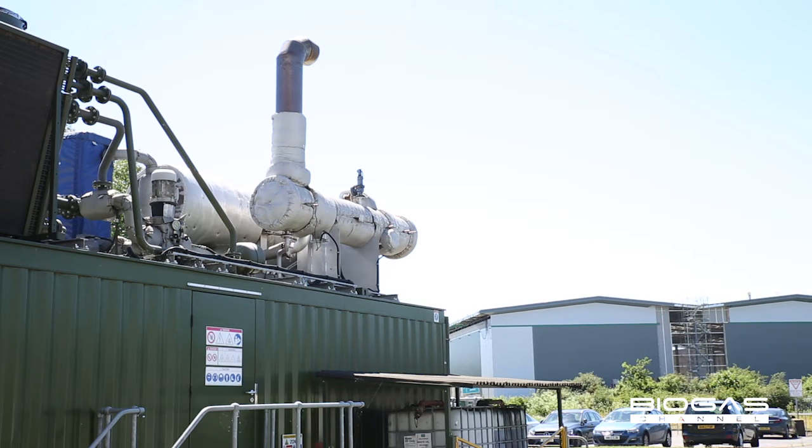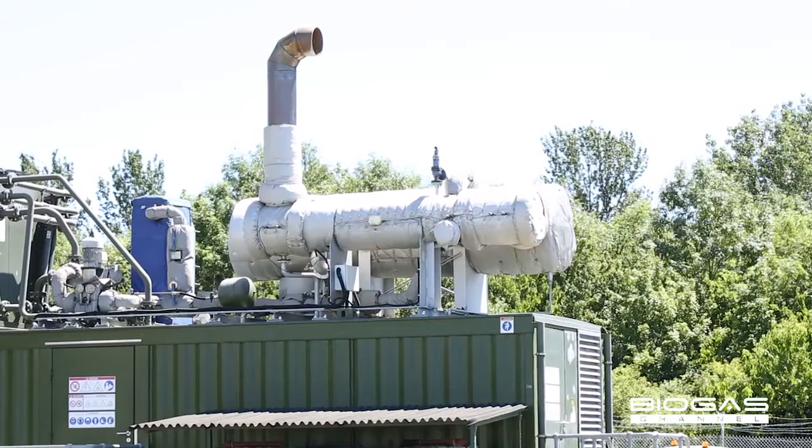Since 2011 we've developed an alternative to this, looking at upgrading our biogas and injecting it out into the national grid in the form of gas. The site here is the first to upgrade biogas from sewage treatment works where we don't have a great control over our feedstock and what's coming into the site. So we have a number of process steps that we've put in place to treat that gas and generate the